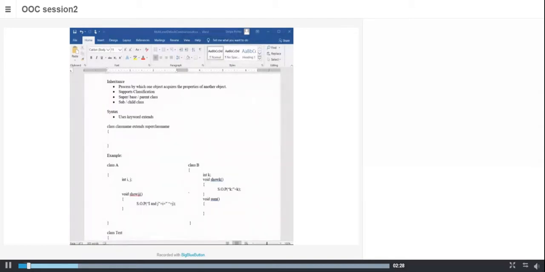The child inherits from the parent. That is common to both, and we need not redefine it in the child. When we do that, when the parent data changes, it is automatically reflected in the child data also.